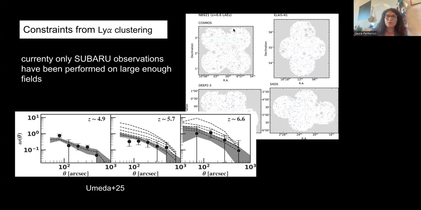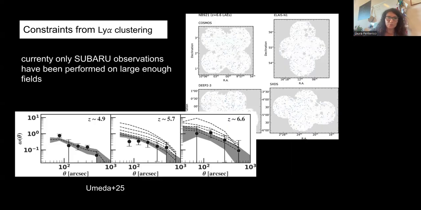In particular, this survey was done, for example, in Cosmos and XCS. These are very large areas, prime extragalactic fields, and so this is currently the only survey that tells us about the clustering signal